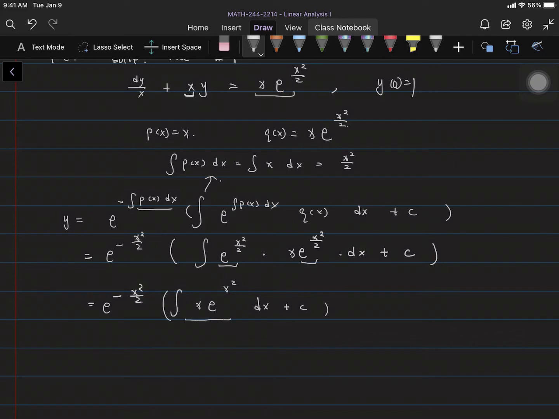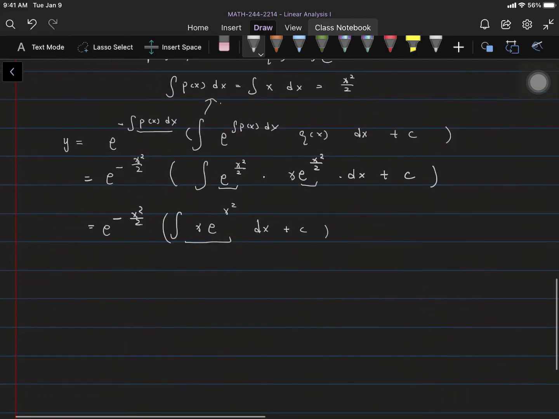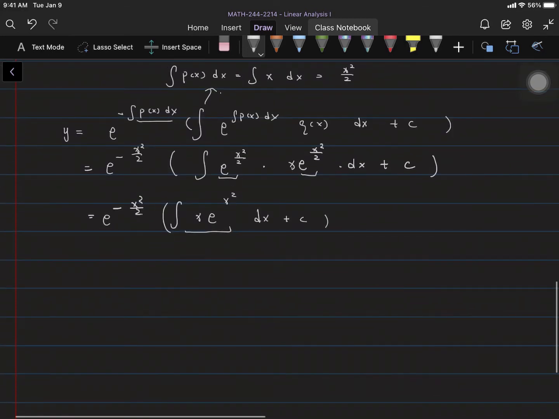And for this one, integral by u sub, is that right? U substitution. What is u? u equals x squared, du equals 2x dx. So after we do u sub, it should be 1/2 integral e to the u du,